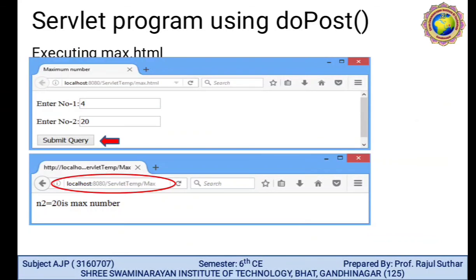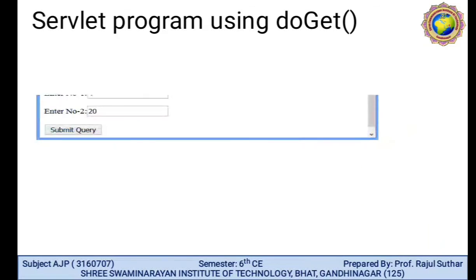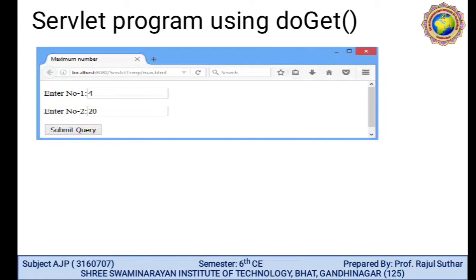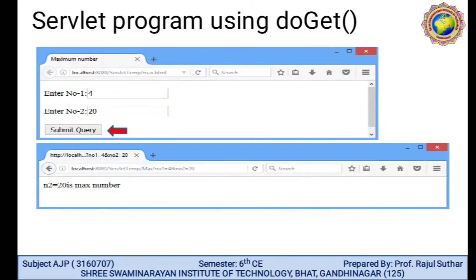The URL is localhost:8080, our port number, / servlet temp / max, because we are working with the doPost method. In the doGet method, this is the output of the doGet method. While we are working with the doGet method, check here the URL: n2 is 20, the answer is proper, but here the URL is encoded.